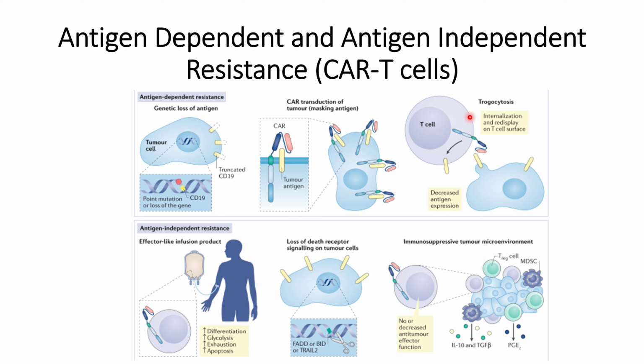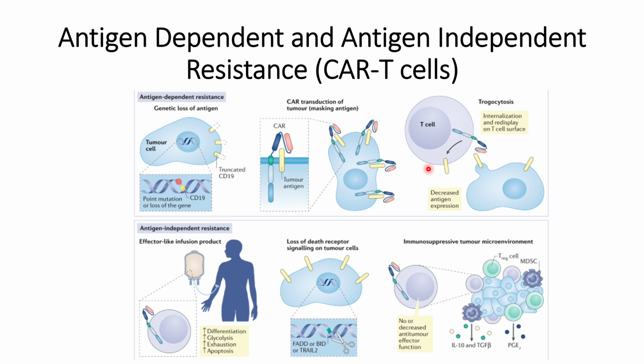And another thing that might happen is trogocytosis. What happens in this case, trogocytosis, is that when two cells interact together, a nibbling of the cells takes place. So the cells that express this CAR, the chimeric antigen receptor, when they interact with the T cells, will take the place of this antigen expression, and thereby lead to decreased expression of